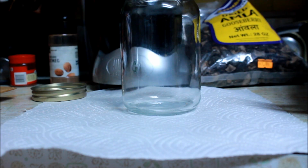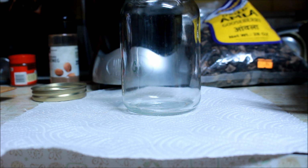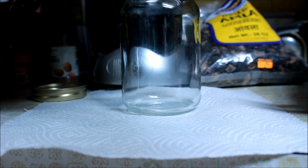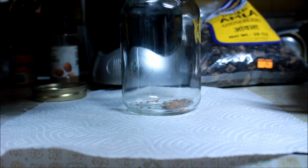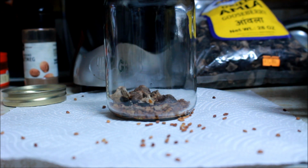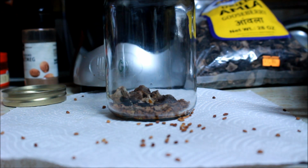Alright, so here we have the mason jar here, as you guys can see. Okay. Alright, so we are going to pour the Amla seeds and the Fenugreek seeds in there. Now this was very hard for me. It was very difficult, so I really suggest that you guys get a funnel or something like that. It may be hard for the Amla seeds to go through the funnel because they're like little rocks,